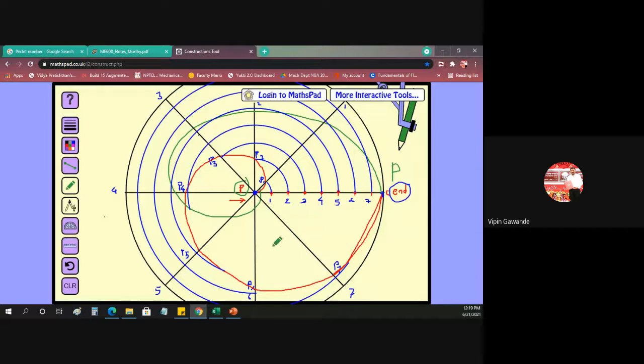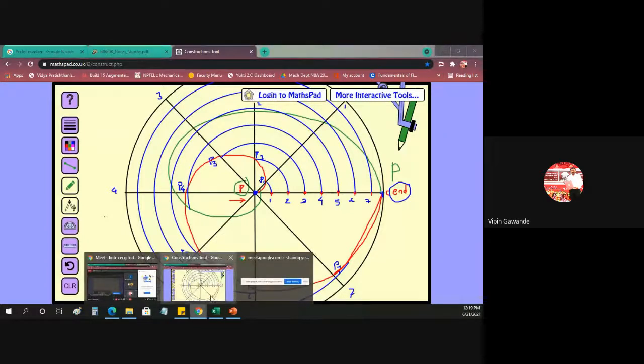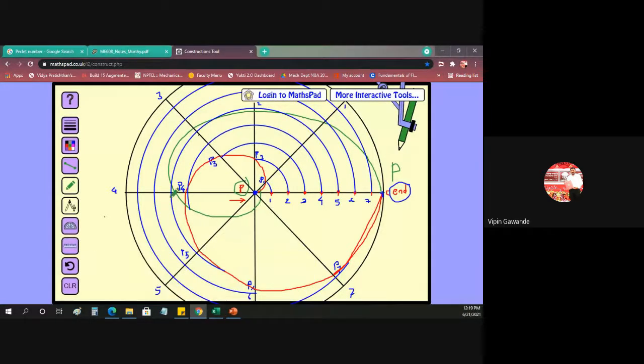So this is the construction method for constructing the spirals. This is your last topic from unit number 3. If you have any difficulty here you can ask me, otherwise we will stop here. So that is for today's lecture. Thank you very much.